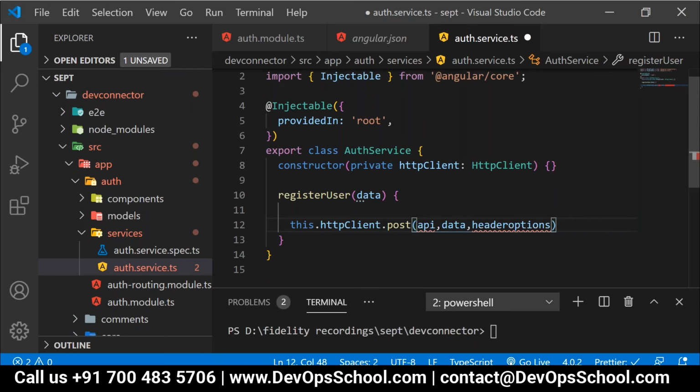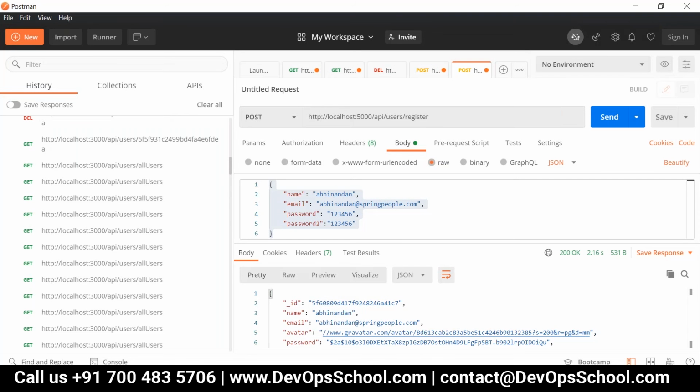Now in this case, for this API, can I provide HTTP://localhost:5000/API/user/register? Did you get my point or not? Did I provide the complete URI?